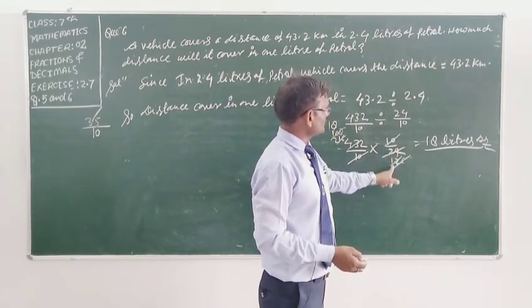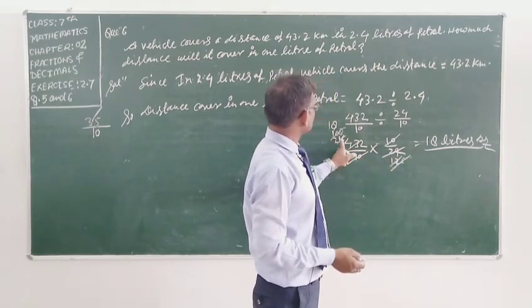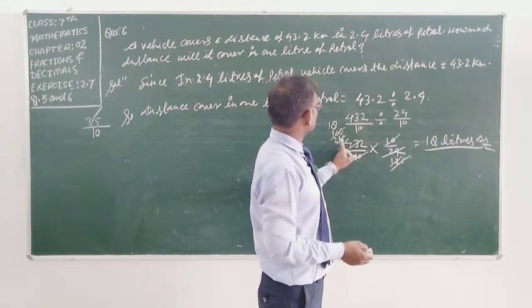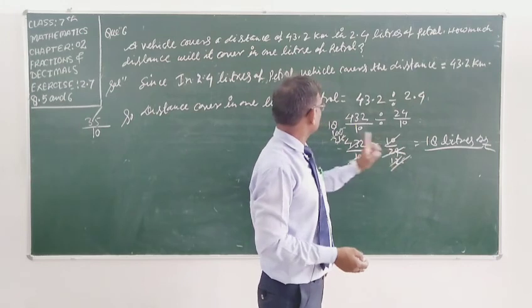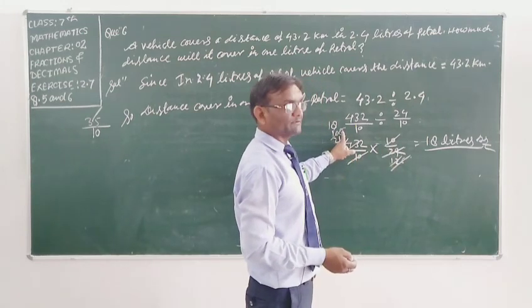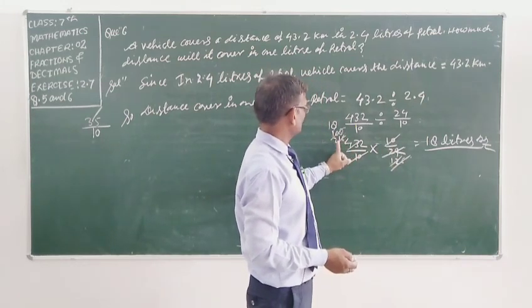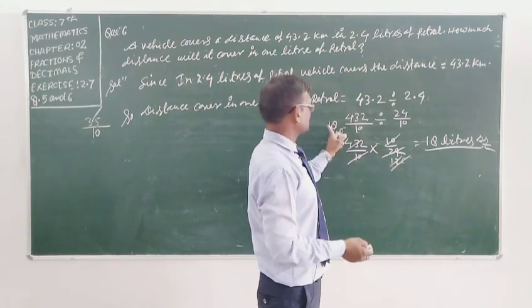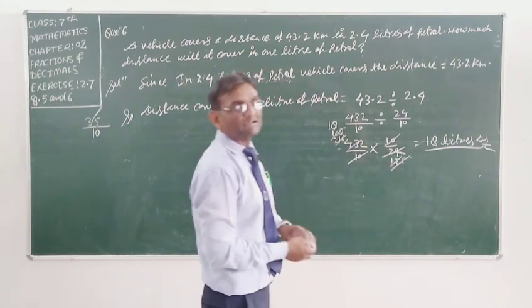2 ones are 2, 2 twos are 4, 12, and that is 216. Now again we divide 12 and 216 by 2. 2 sixes are 12 and 108. When we divide 216 by 2, and at last we divide 108 by 6, we get the 18. That is my answer.